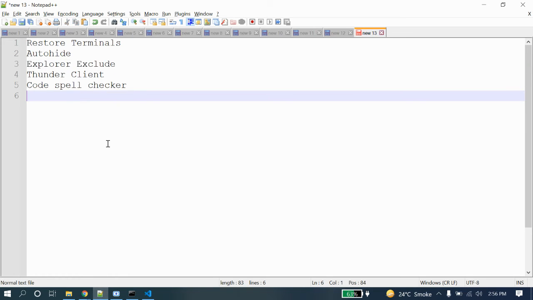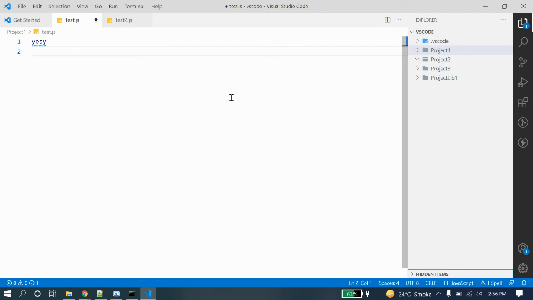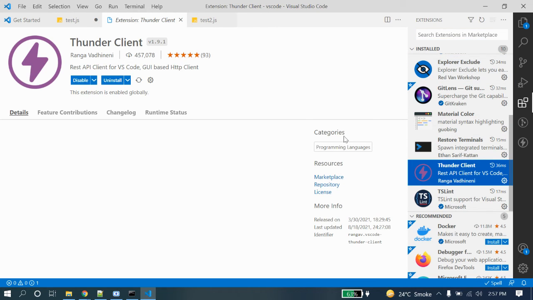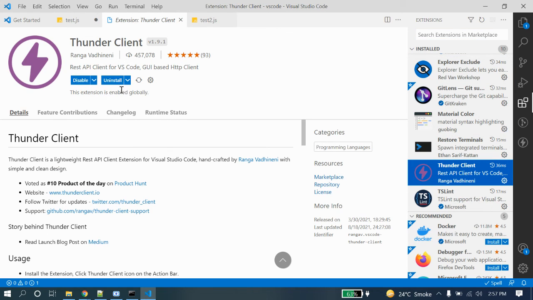And the next one is Thunder Client. Sometimes, suppose I am working on a client side project, like an Angular or React project, I need to make some API requests to test the input and output response of that API. So I use Postman. Now in VS Code we have the Thunder Client extension. Suppose I have installed it and it's enabled.